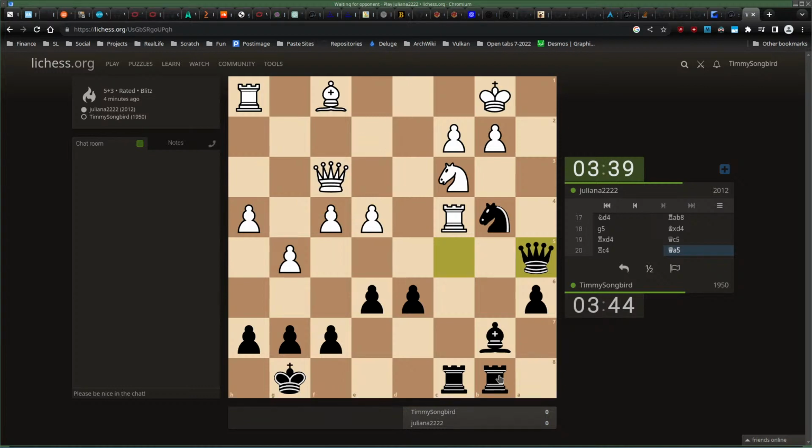This is clearly completely won for black, but I have absolutely no idea how to cash in here. No idea.